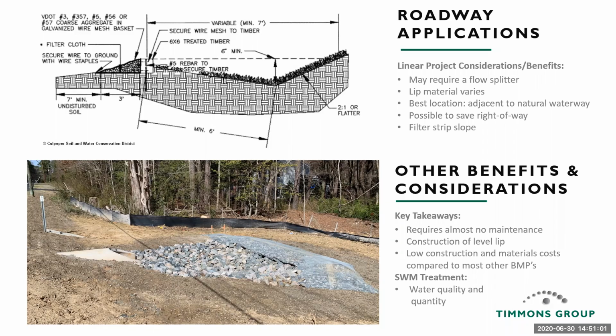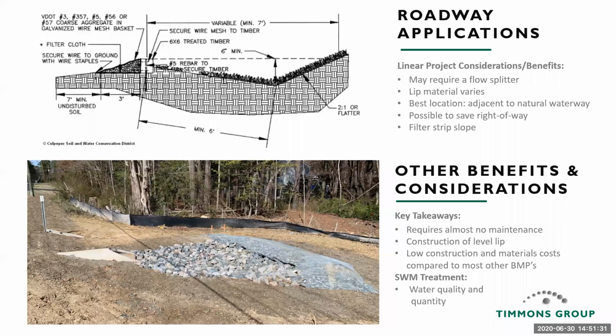It is possible to place your level spreader lip parallel to the roadway, which will keep things as close to the road as possible. Another consideration is if your filter strip need is wider than the minimum, meaning it was pushing it farther away from the roadway, you can increase your level spreader length to keep that width down. The slope of the filter strip needs to be constant to prevent channelization and allow water to infiltrate. This has very low maintenance costs compared to some others that we've talked about.